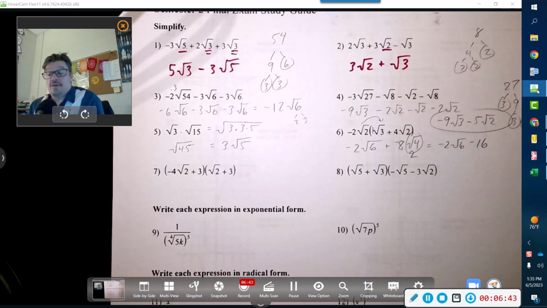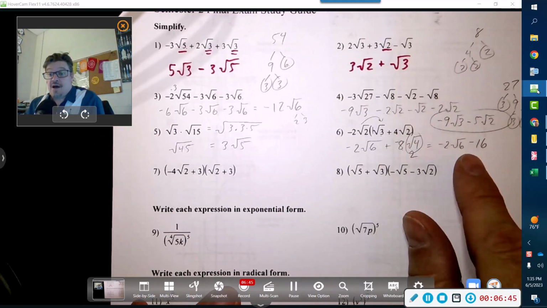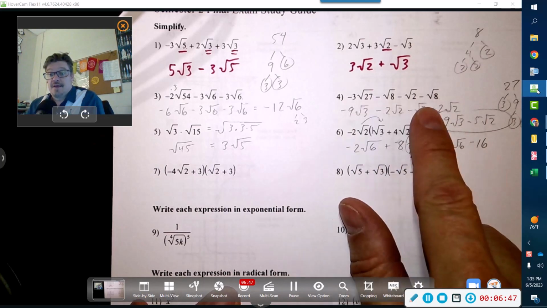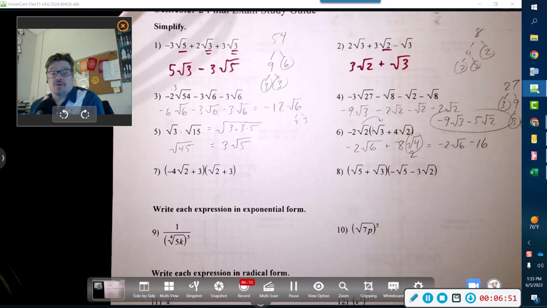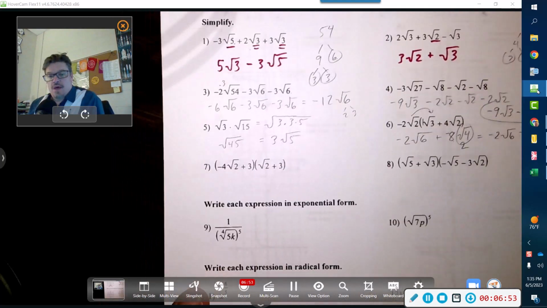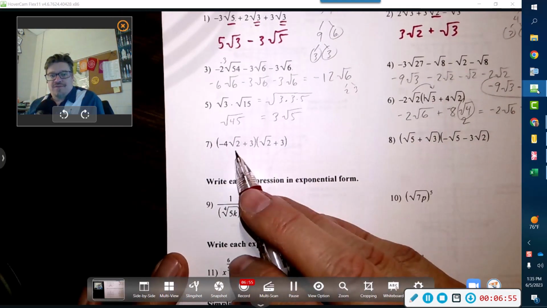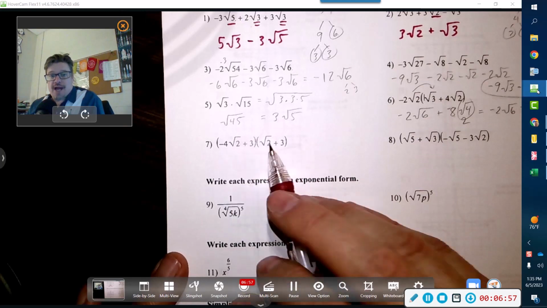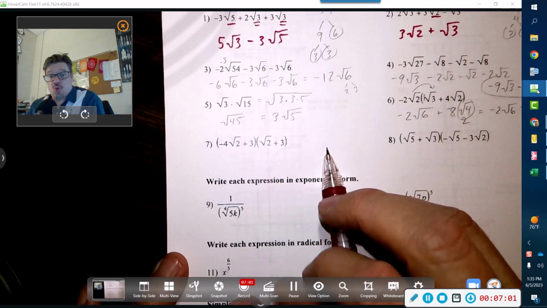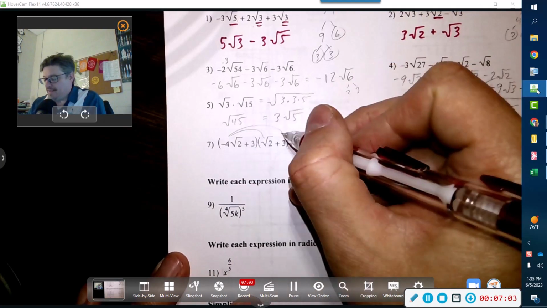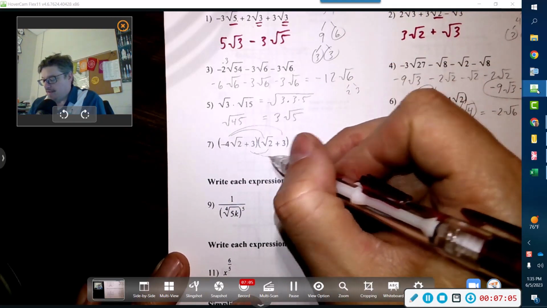All right, and there's nowhere to go from here because now we're doing something like this. Okay, we're subtracting, and those guys have to have the same radical in order to combine them. All right, now with this one, we've got 2 binomials. So here we're going to be distributing just like here, but we're going to be doing it twice. So this guy goes to here, and then this guy will go to here and here. So that's